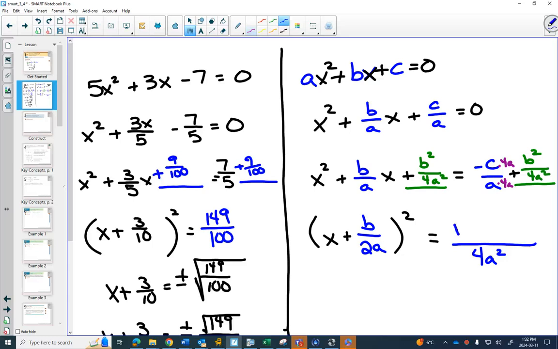I'm going to write the positive number first. Doesn't matter the order. You could write minus 4ac plus b squared either way. Perfect. What did we do next with our numbers? We got rid of the squared. So what do we need to do next with our numbers that look like letters? We have to square root both sides, and you would get x plus b over 2a is equal to, and here we'd have plus or minus square root